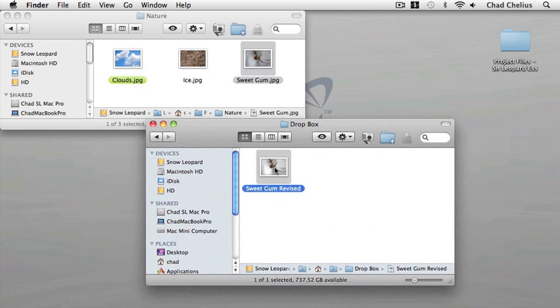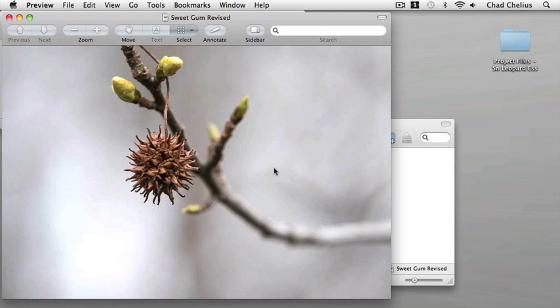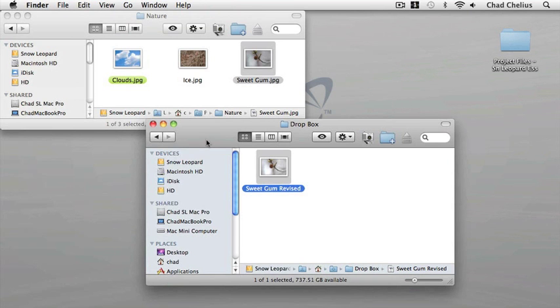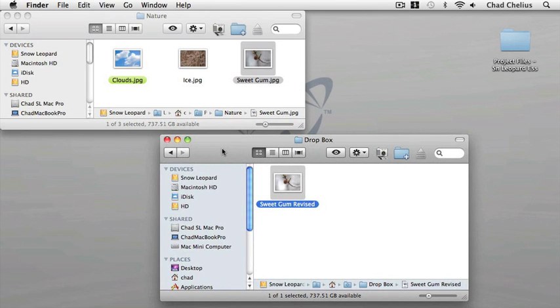And now if I want to take a look at this, I can simply double click on it to view it, and I can see the change that another person has made. Now, this feature is not limited to images. You can share Word documents, you can share other files, and it's actually a pretty intuitive and fluid way of sharing files back and forth with other people. I'm going to quit out of Preview, and what I recommend is that you go ahead and practice sharing files with other people on your computer to establish a workflow that you might be able to use to share images and files between other users, including family members, so that they can access those files as